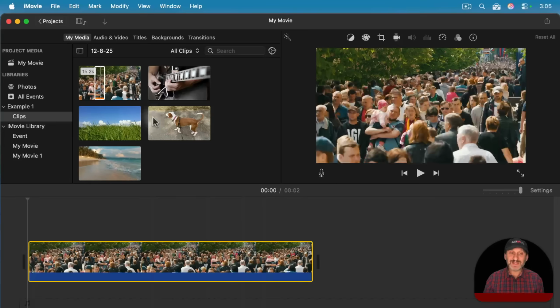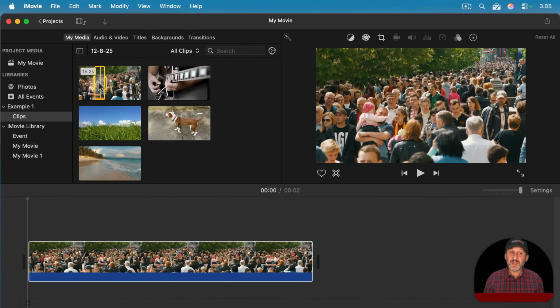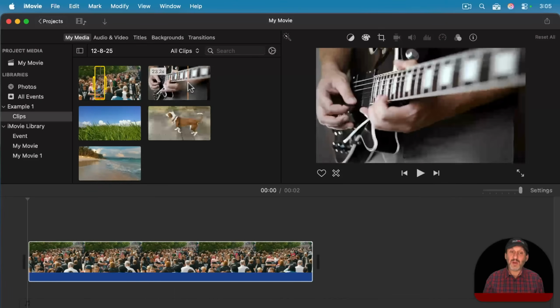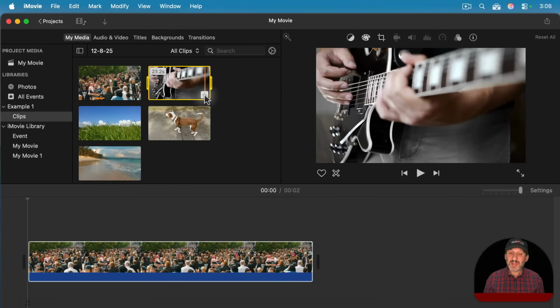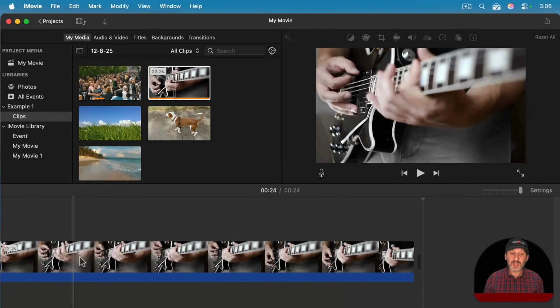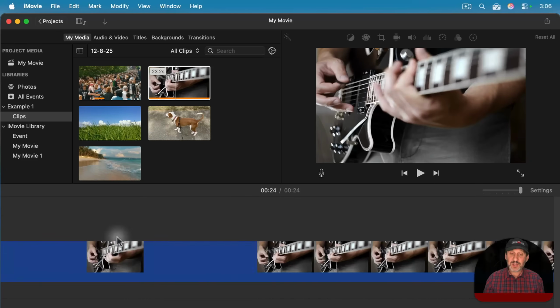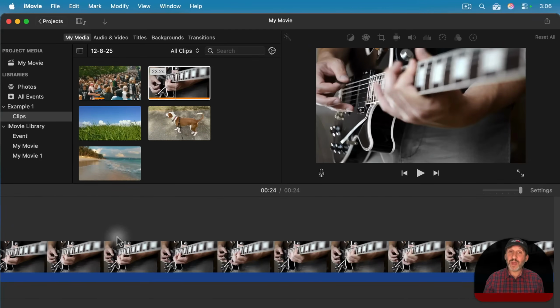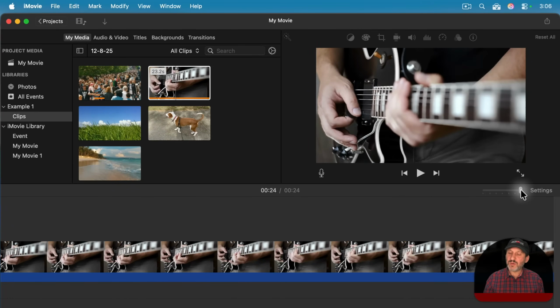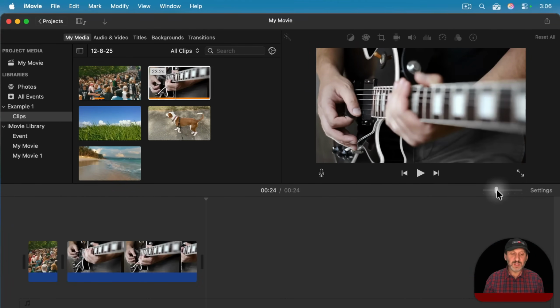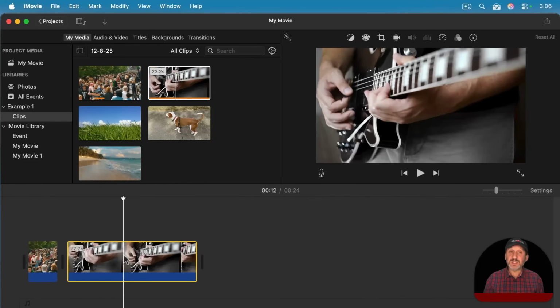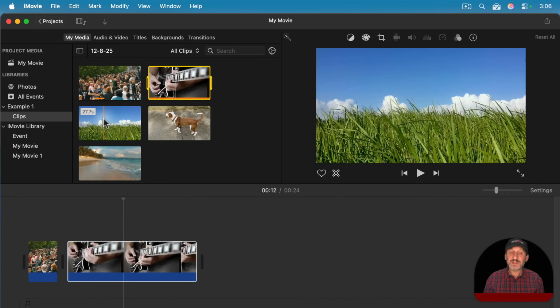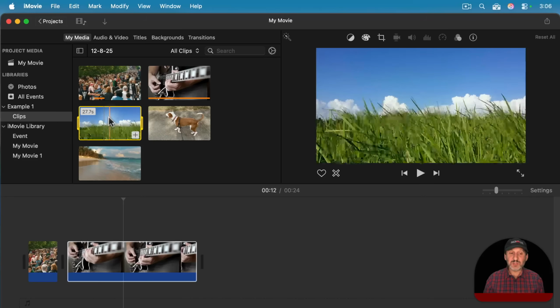So now I've got a short segment of this clip in here. I could also click the plus button and simply add the entire clip here to the end. This timeline's getting pretty long. I can scroll back and forth between it, but I could also zoom out a bit so I could see each of these clips. I can select this next clip here, and I can simply just drag the entire thing